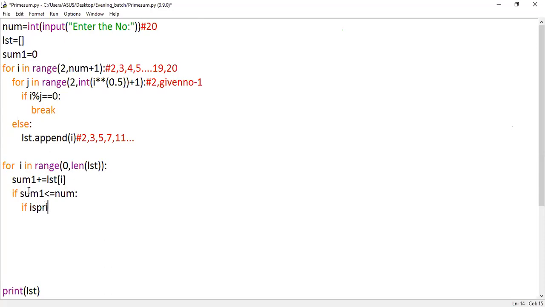You can just write a function like is prime. So this is a generation series, guys. Here we can't use the same function. The same program can be written one more way also; I'll let you know later. Now I'm going to write the prime function. Here I'm going to pass this sum1 and check whether it is a prime or not. If it is a prime number, I'm going to go ahead further and count it.